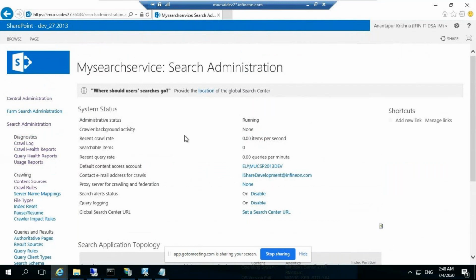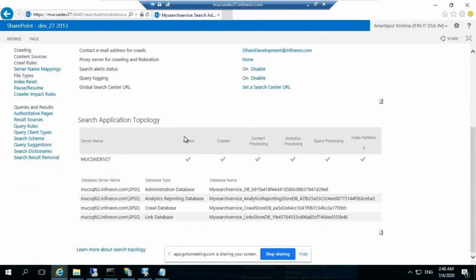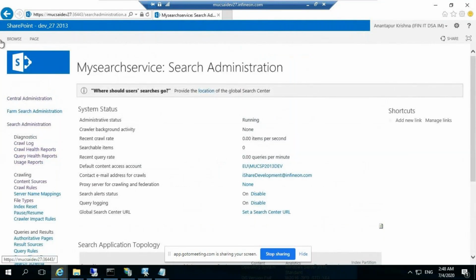And this is the search service. Basically, search is a separate topic that we'll discuss.